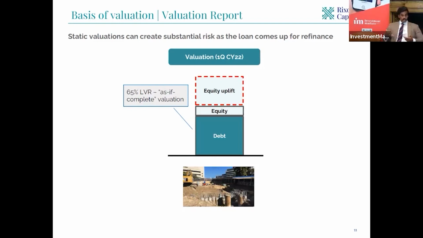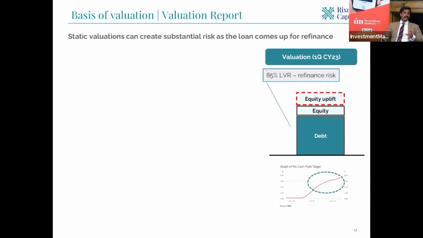Again, that's fine if your return is good and your LVR is strong. But if you take that exact same facility written in March 2022, and look at it today, if you ran an updated valuation report, which you would require if that debt was coming up for refinance, there is no way you'd get 100 cents on the dollar on it. At best, you're looking at a 70, 80, 85% LVR, which means that piece of construction debt, that development debt, cannot be refinanced, and you're actually trapped in the facility.